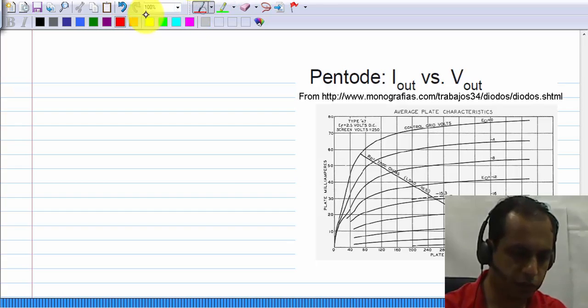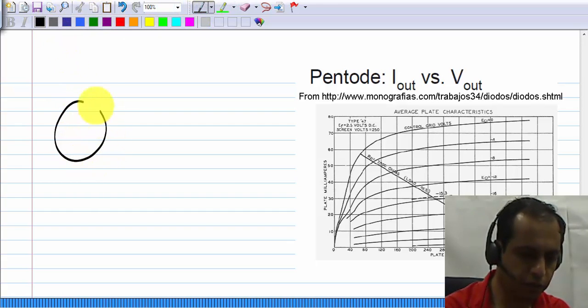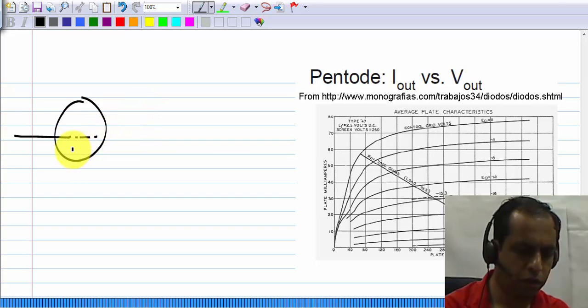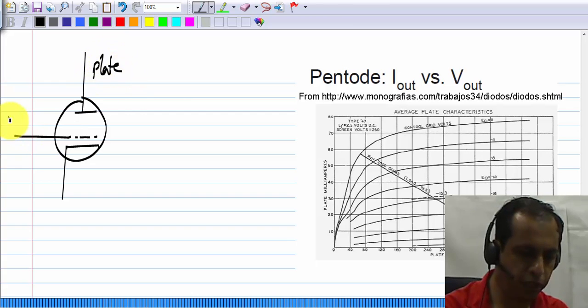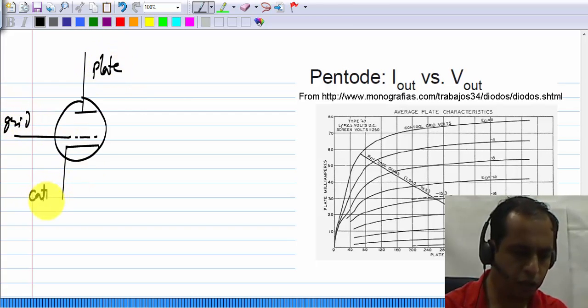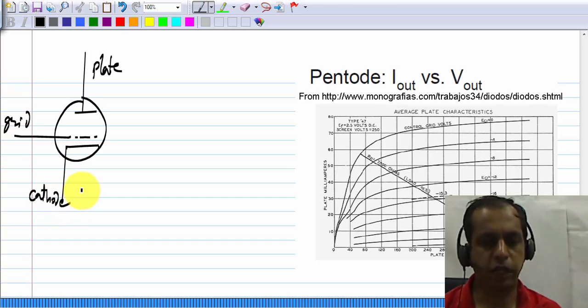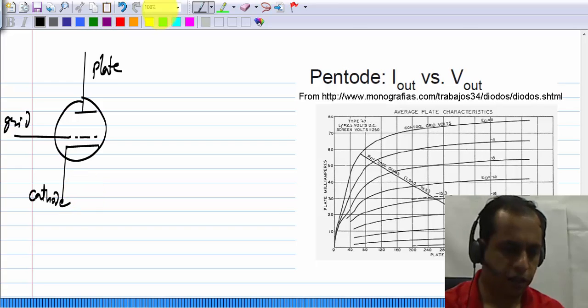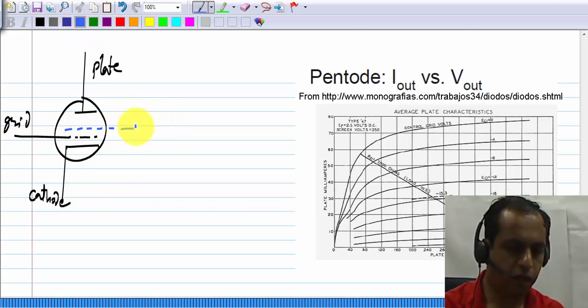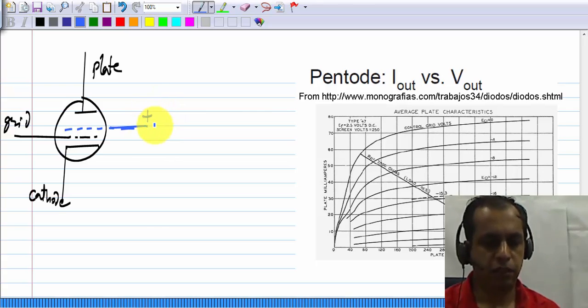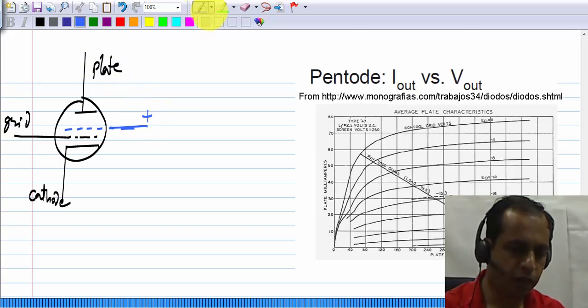What they did was, so we have the three terminals of the triode, plate, grid and cathode, and for a variety of technical reasons which I won't discuss here, they found that they could add another terminal and make it better, and this terminal had to be biased such that its voltage is positive, the same as the drain or even higher,